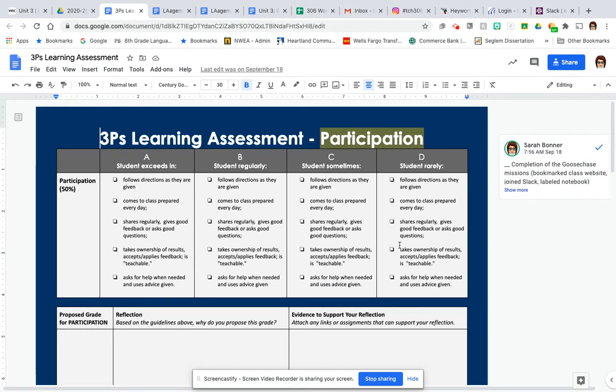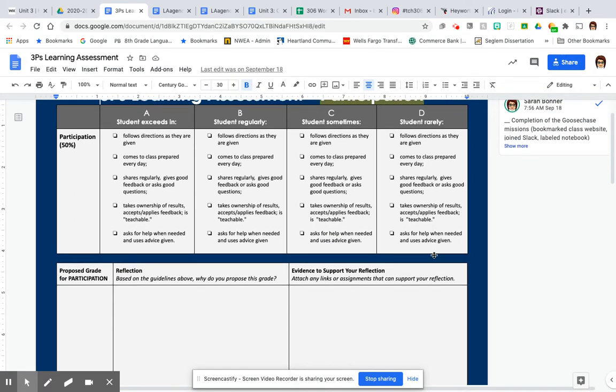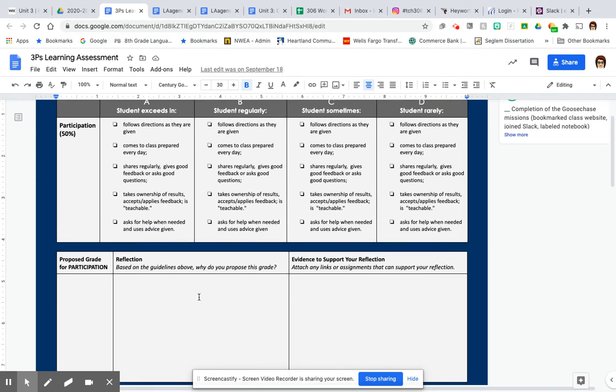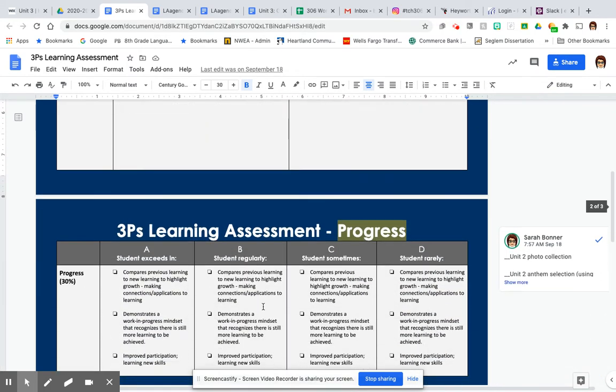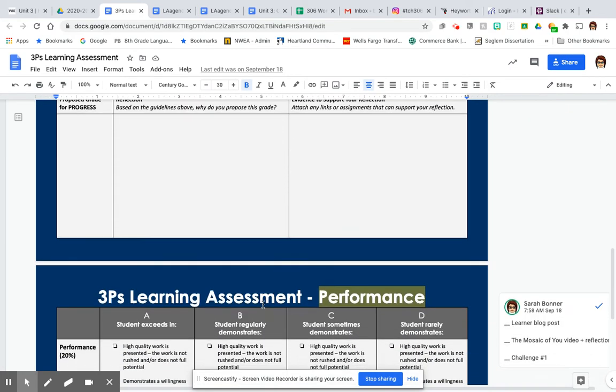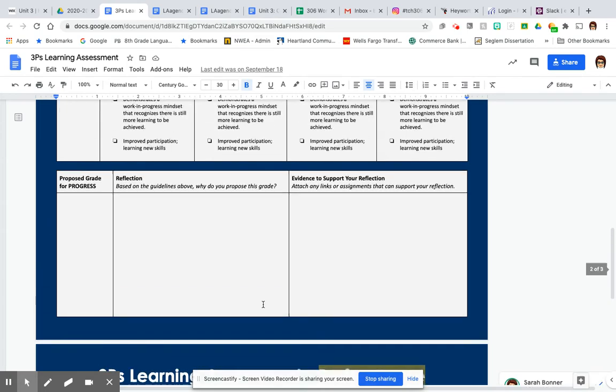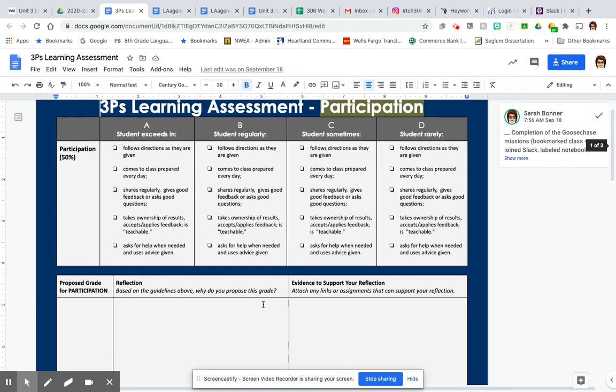It looks something like this, where you are talking through your participation and you're talking about why you believe what that is, and then evidence to support that. So for example, if you are really exceeding in participation, this evidence and this reflection is going to be pretty healthy. It's going to be pretty meaty. There's going to be a lot of things to say because we've been through a whole entire quarter. Same goes for progress and same goes for performance. Again, a lot of this language is found on that weekly grading sheet that you do for yourself called progress checks. So definitely go back and reference some of those as you start to build some of this stuff up.